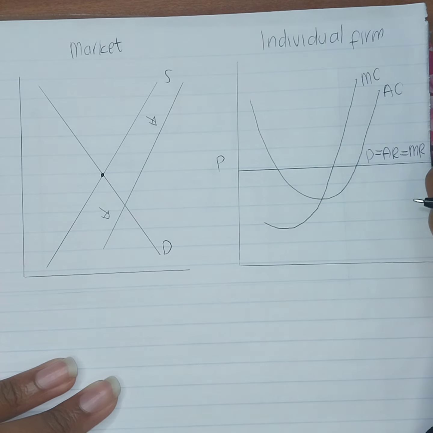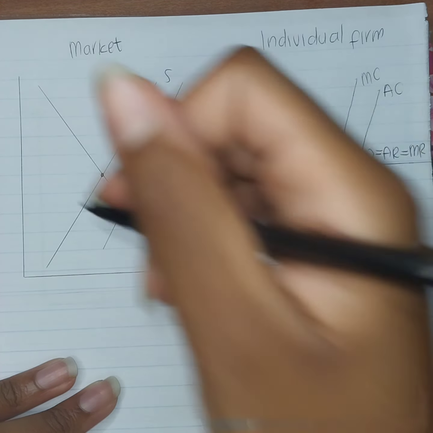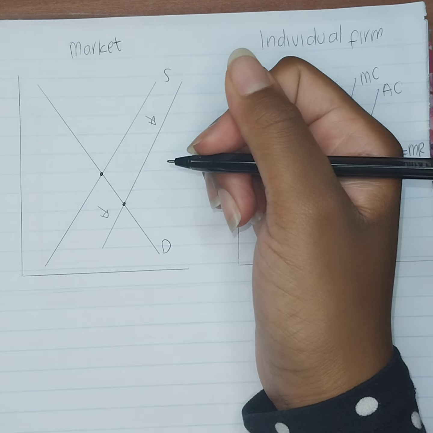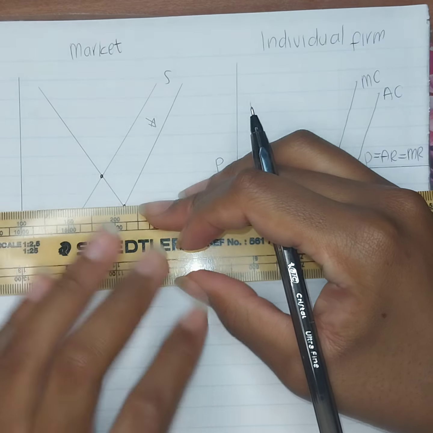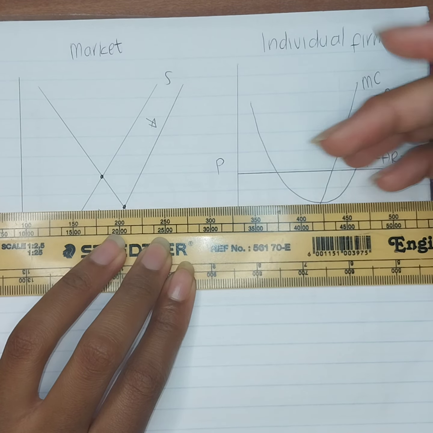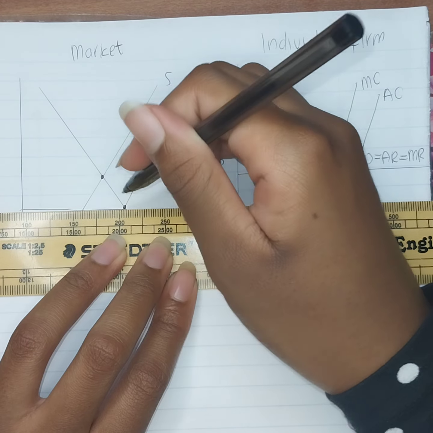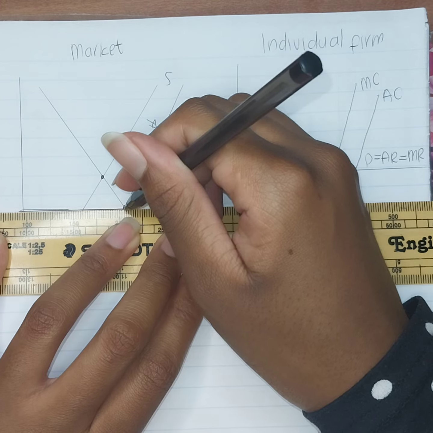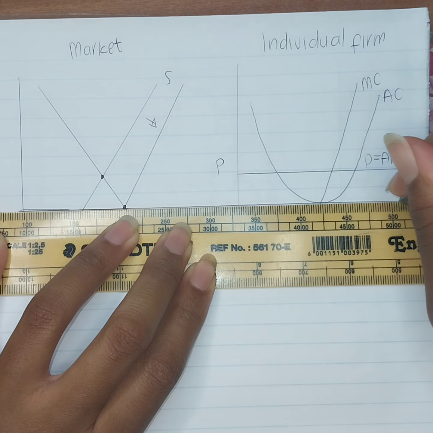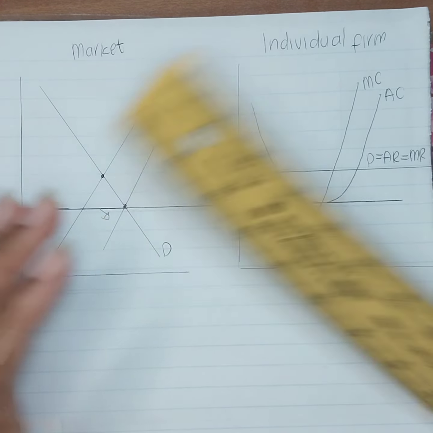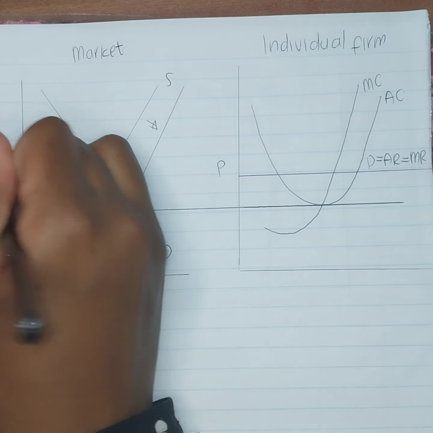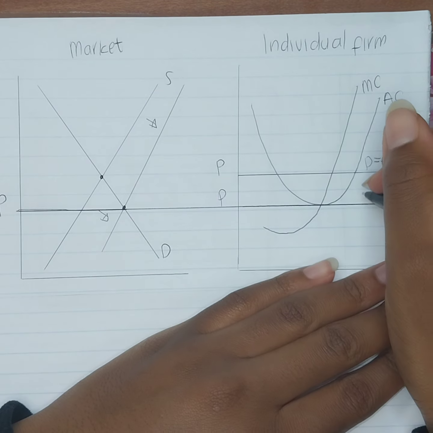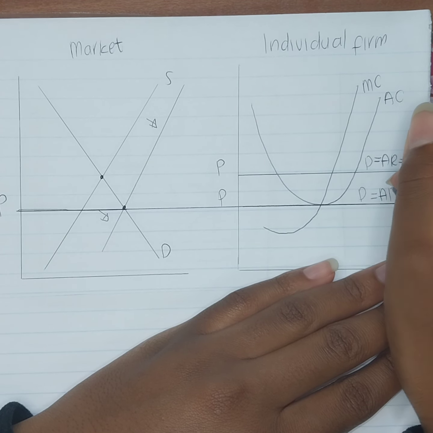And you guys see that it will keep on shifting as more people enter the market, and you will have a new price at the new equilibrium point. And this is the new price you will have. And that price, remember that firms in the perfect market are price takers. So that price will be transferred directly to your individual firms, and this will be the new demand curve,